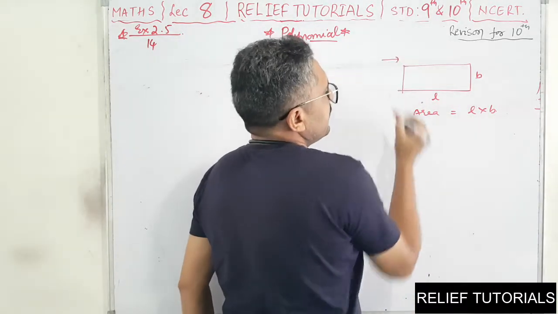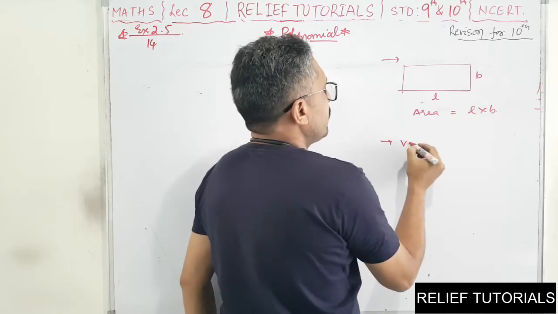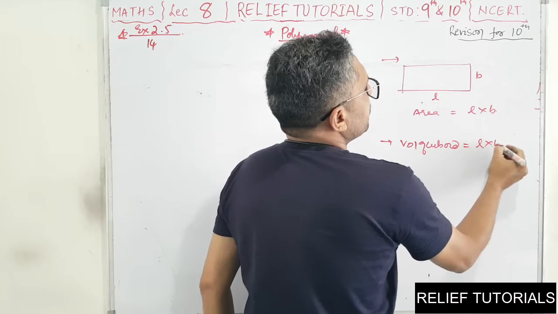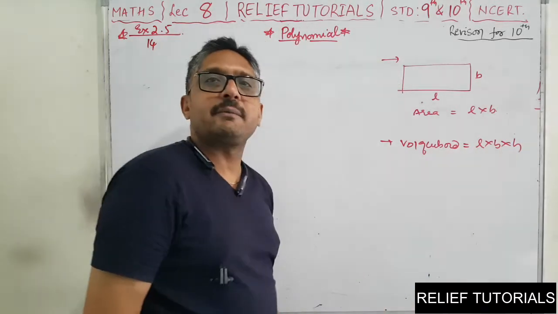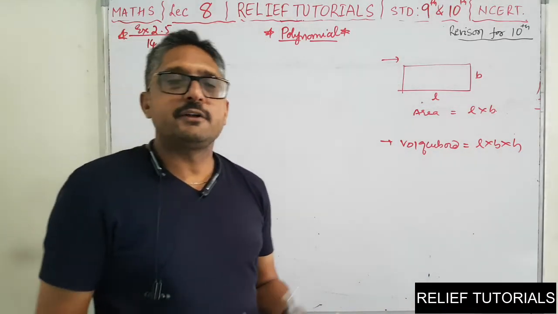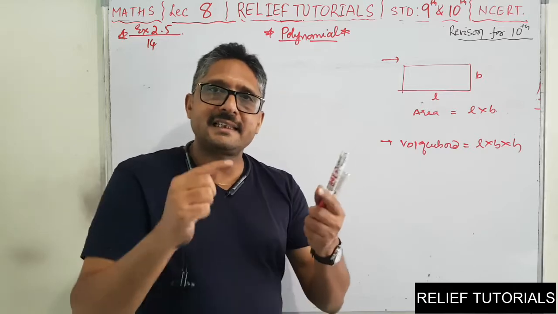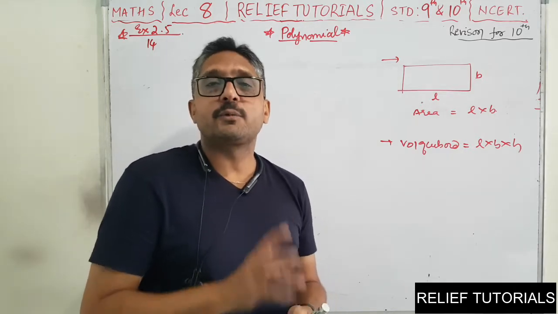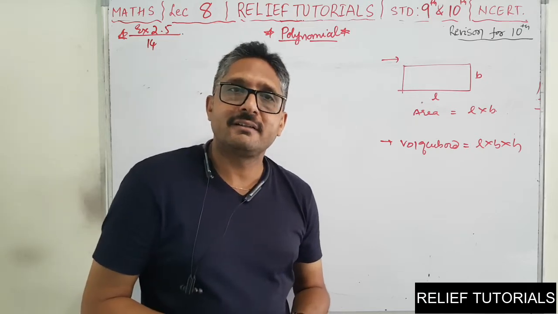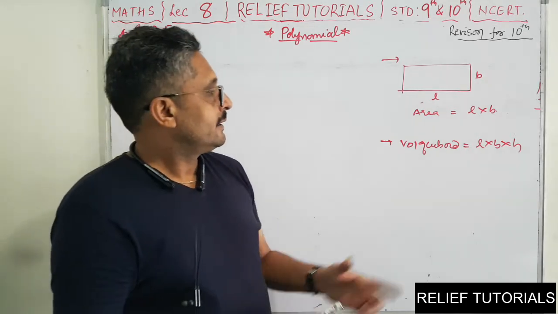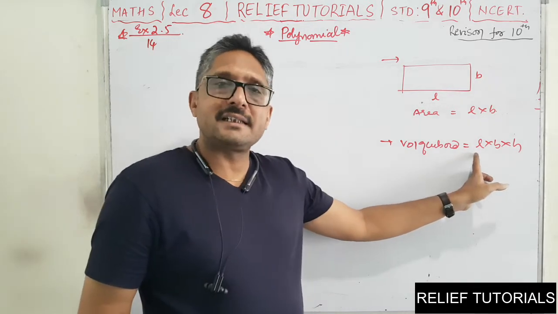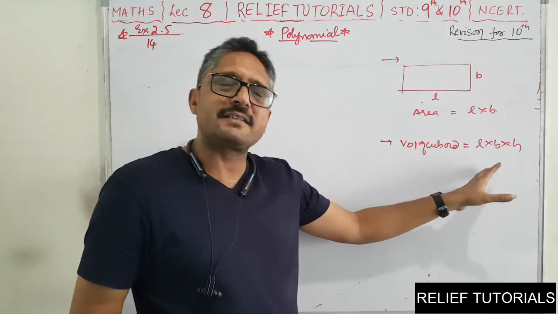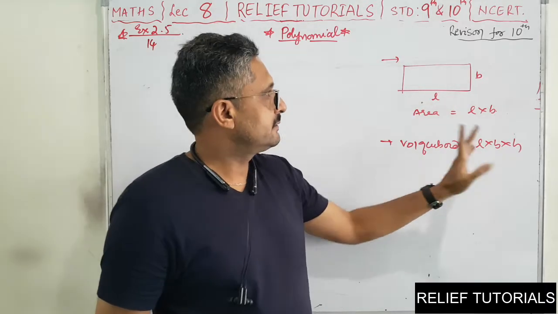This is everything you will learn in surface area and volume. Now, volume of cuboid is equal to L into B into H, the product of the three. Why? Because a cuboid is three-dimensional. Your textbook is a cuboid. It has length, it has breadth, it has height. And if you want to find the volume of a cuboid, take the product of all three dimensions. So if you want to find its volume, you have to multiply all its dimensions: length, breadth and height.